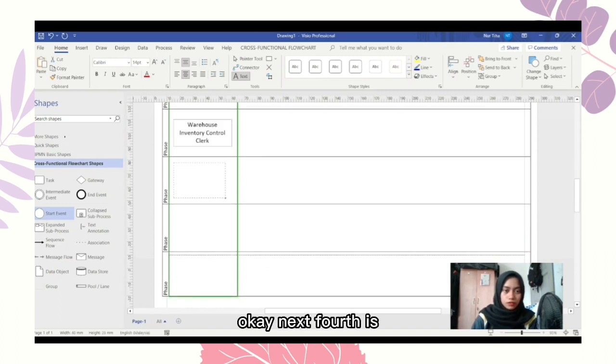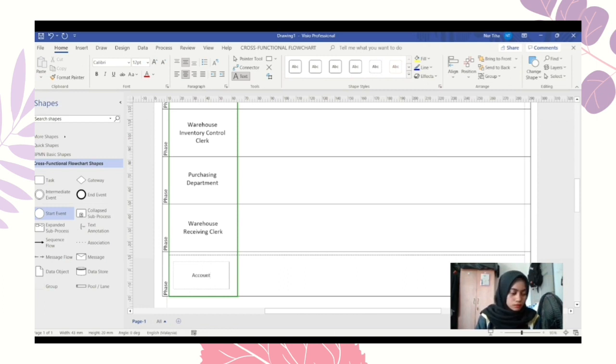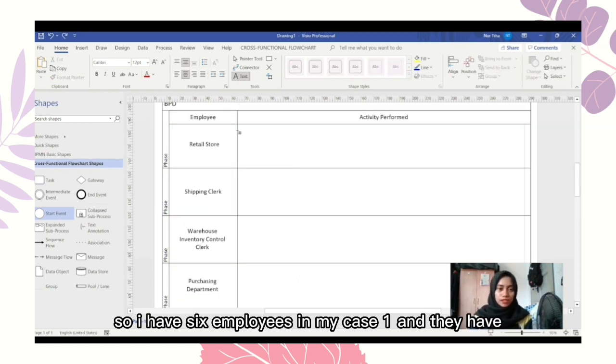Next, 4 is purchasing department. Fifth is warehouse receiving clerk. And lastly is account payable. So I have 6 employees in my case 1, and they have